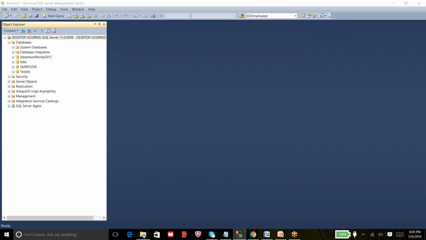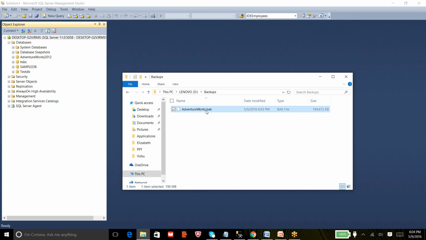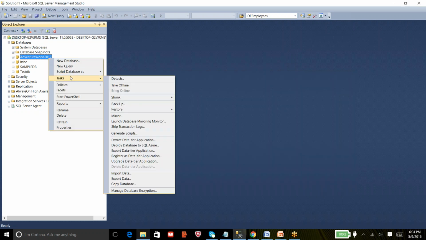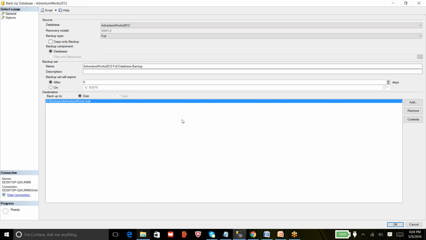So whatever backup I have taken earlier is a non-compressed backup, and the size you can see is around 194 MB. You don't see much difference because the database is very tiny, but in real time it makes a lot of difference.